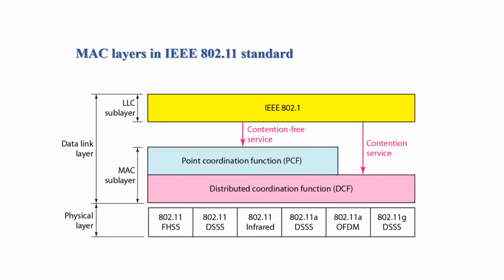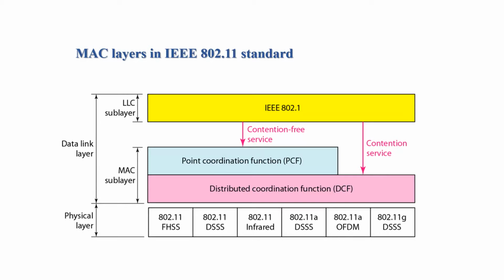Distributed Coordination Function. One of the two protocols defined by IEEE at the MAC sublayer is called the Distributed Coordination Function. DCF uses CSMA/CA as the access method. Wireless LANs cannot implement